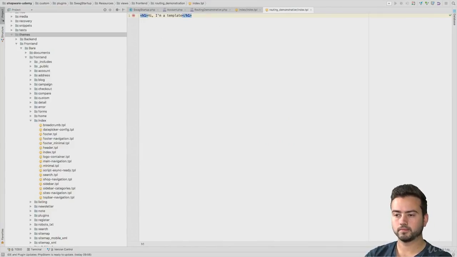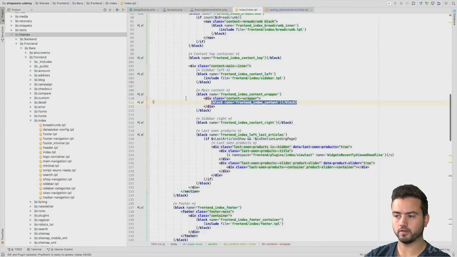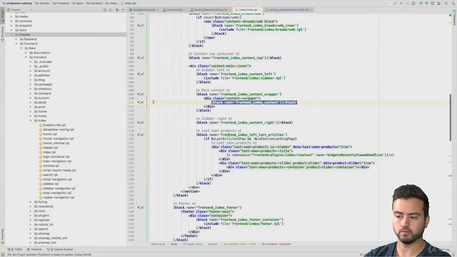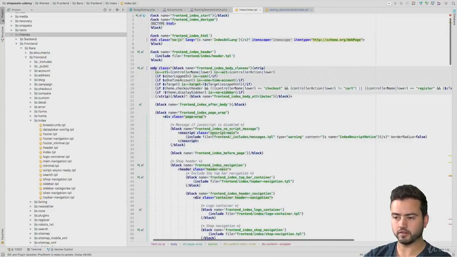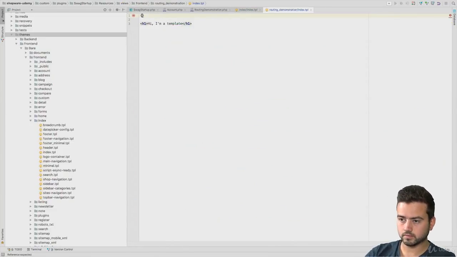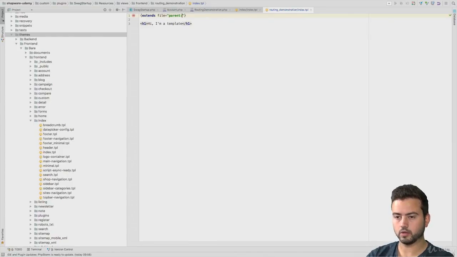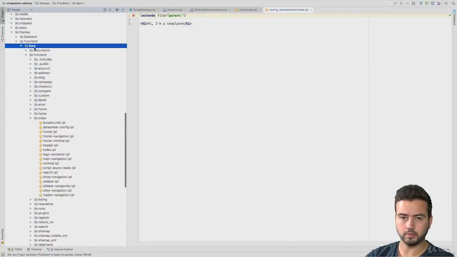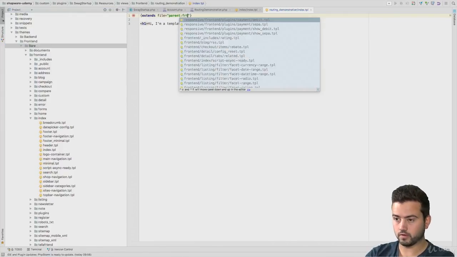So we want to inherit the most parts of this index template. So our template will simply look the same as if we were using this template. But instead of having to copy this whole thing, we are just gonna say curly braces, extends, file, and then parent. And then we have to specify the path, again, relative to the theme directory. So starting off with front end,